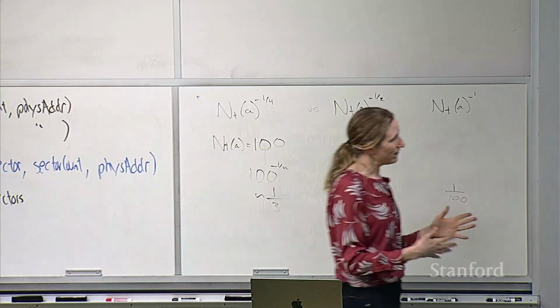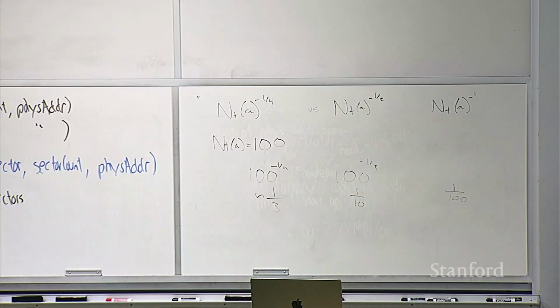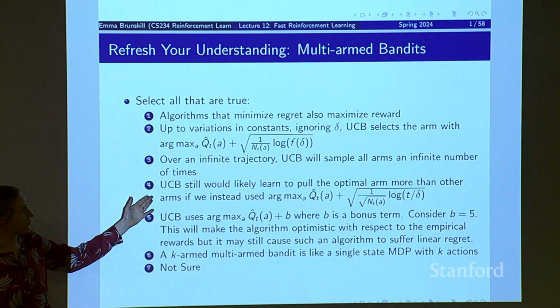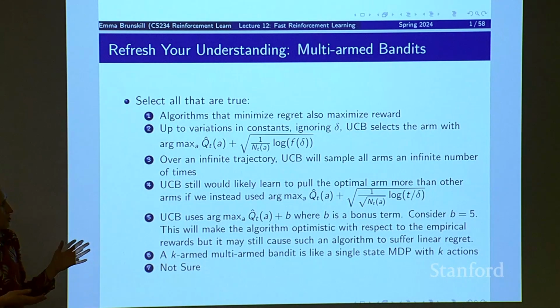Given all of that, this expression would have wider confidence intervals and probably a higher upper confidence bound than our original algorithm. That means we would still expect that over time it will learn to pull the optimal arm more than any other arms, but it probably won't have as tight regret bounds because we may be exploring too much.